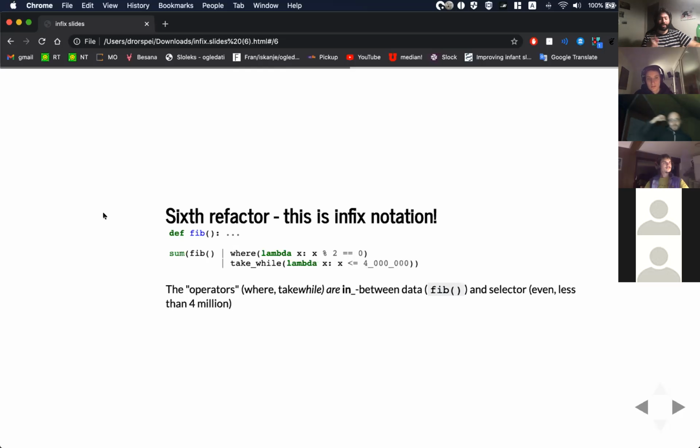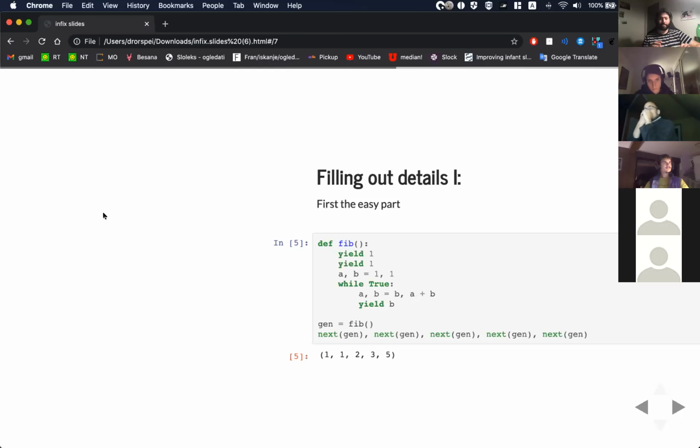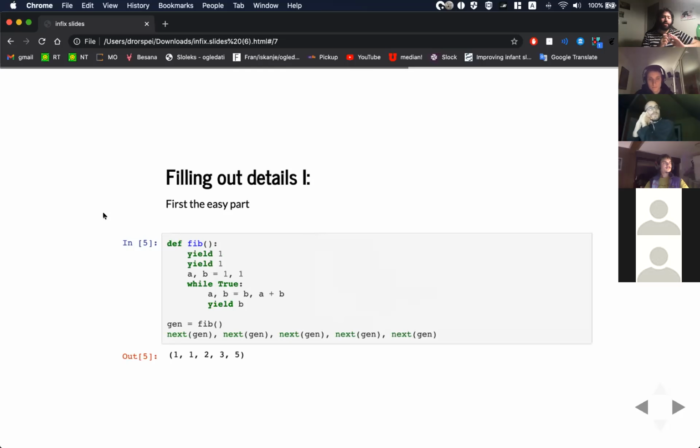Let's get this code to actually work as Python. The first part is the easy part, and that's the fib. What we want fib to be is the infinite sequence of all Fibonacci numbers. We're going to use a generator to do that. I'm going to yield 1, 1, and then keep going. I'm going to get the next Fibonacci number. If you're not familiar with generators in Python and infinite sequences, look it up. It's fascinating. The next Fibonacci number is the sum of the last two. There's an example here of the first 5. I create an instance and then call next 5 times: 1, 1, 2, 3, 5. I've heard this has something to do with bunnies.